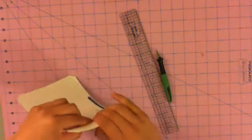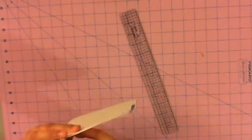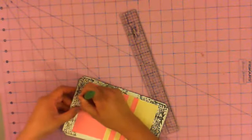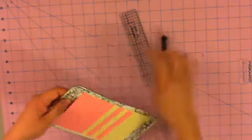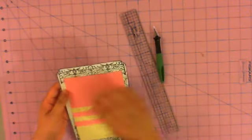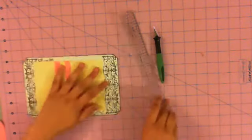Cut a little piece, and there you have a slit right there. And it didn't go through all the way because, of course, I need a new blade, and I didn't change it. Okay, so that's my first one. Take off your Post-it, go to your next one,